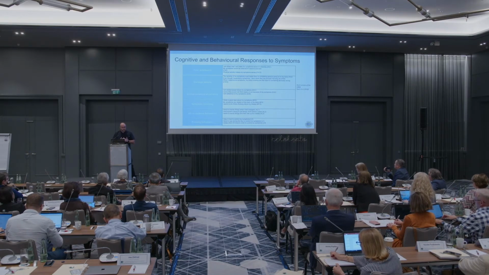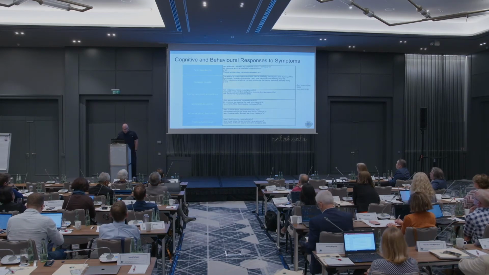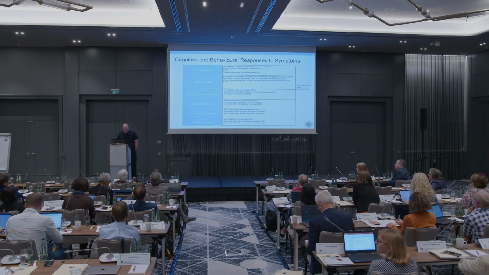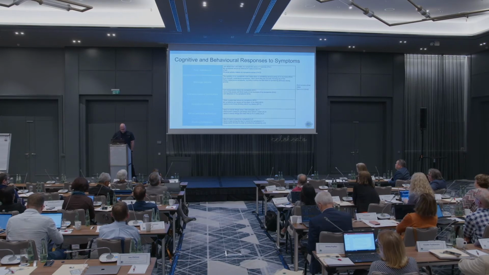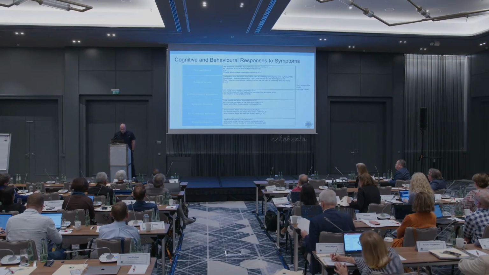So there are different concepts here. Fear avoidance is the first main response to symptoms. So, for example, we might ask, am I afraid that I'll make my symptoms worse if I exercise? The second is damage beliefs. This is a set of beliefs that a symptom is a sign of damage. So the severity of my symptoms must mean there is something going wrong in my body. The third, which is a very important one, is embarrassment avoidance. I'm embarrassed about my symptoms. I worry that people think badly of me because of my symptoms.